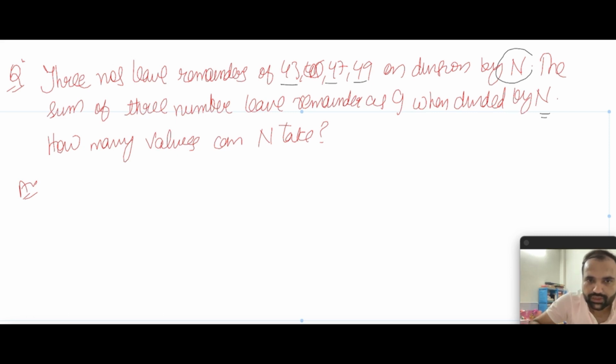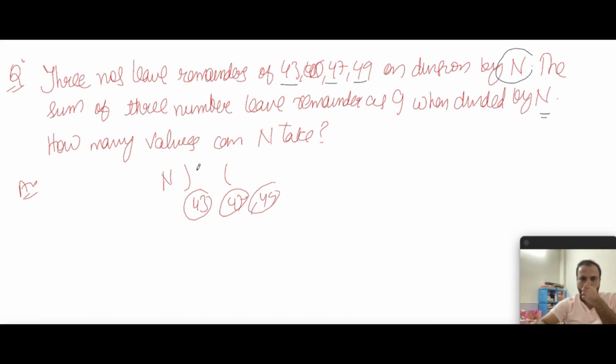So it says there are three numbers that leave remainders 43, 47, 49 on division by n. Now again, see what we are doing. We are dividing some number, and we are getting remainder 43 in one case, 47 in another case, 49 in another case. So can we consider these numbers, let's say you can imagine them, these are natural numbers, of course. So we are dividing them. So let's say over here, can we write it